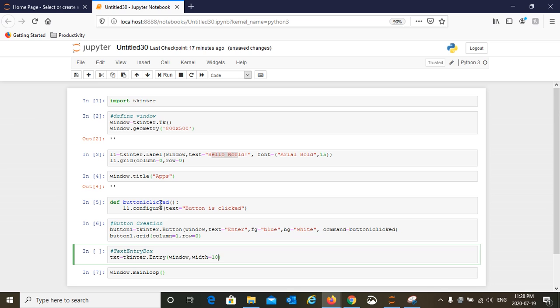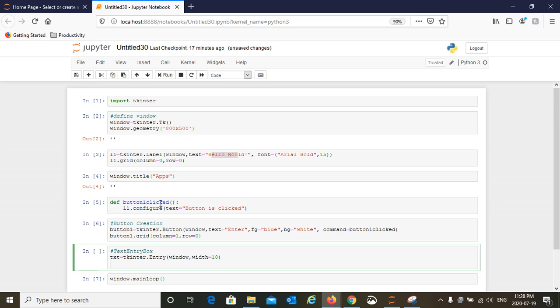So I'm going to say width equal to 10, and then once again you put the grid and you explain where exactly this is going to be placed on the canvas. So this one I'm going to say column equals 0 and row equals 1. So this will be a new row just under the label.